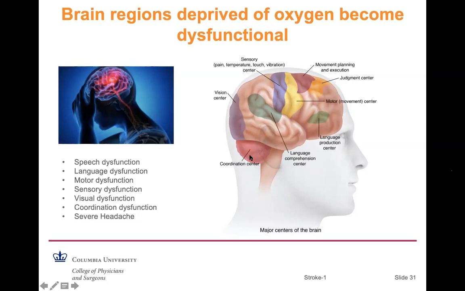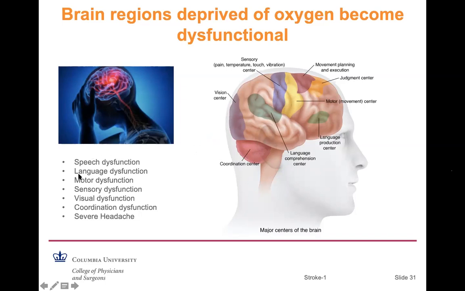If the coordination center, which is the cerebellum, is affected, then that individual will become incoordinated. So when you have a sudden blockage of an arterial branch to any of these areas, that will manifest as